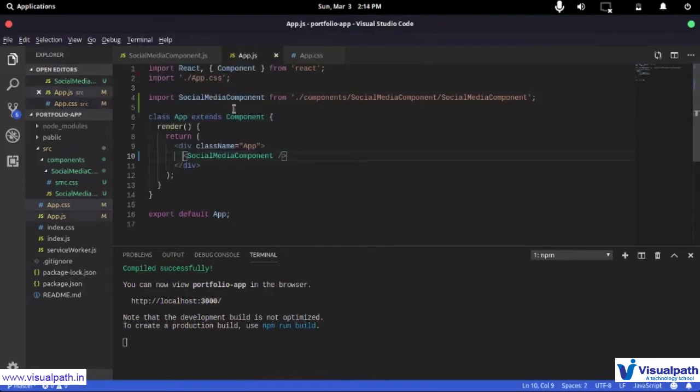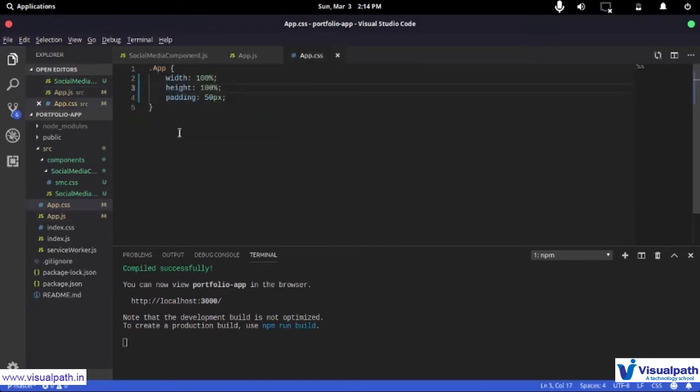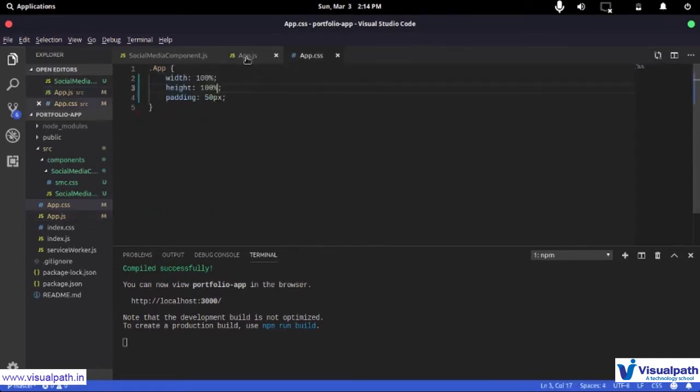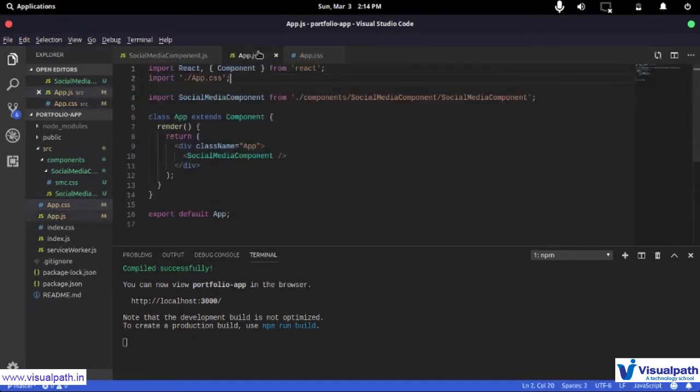How this works is I am importing this CSS file here. If I import a CSS file, what React does is it gives me access to all the classes that I've defined here, or all the styling that I've done here, it loads it inside my component for me. So when I'm importing this App.css without a name, it gives me access to everything I've written here. So I have access to a CSS class called app inside my component. That's why I am able to give the div a class.